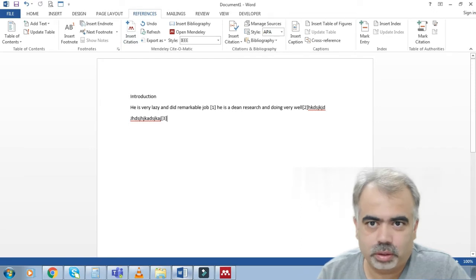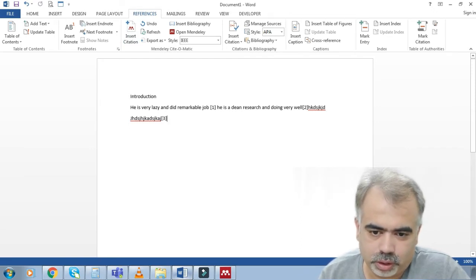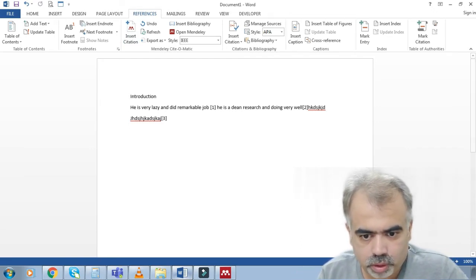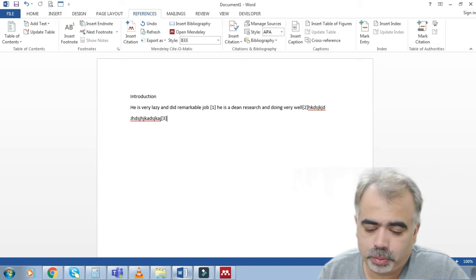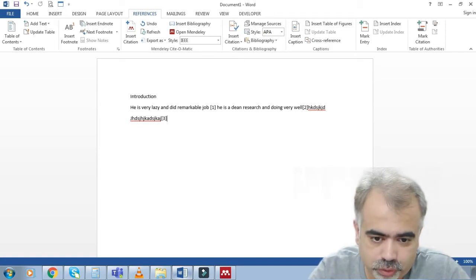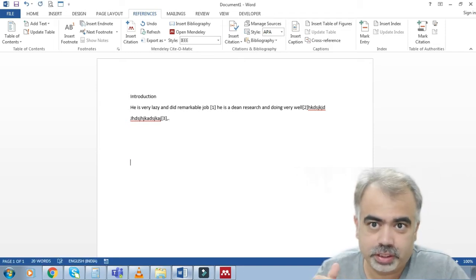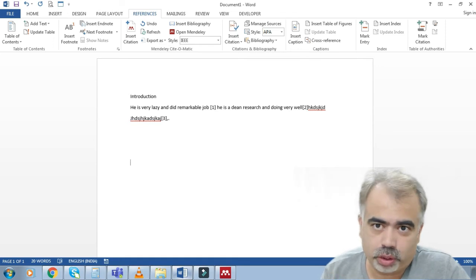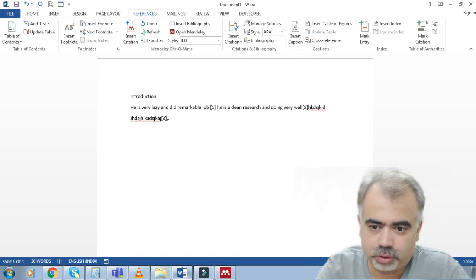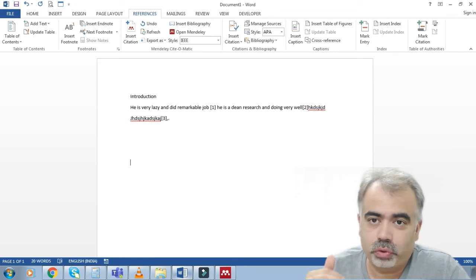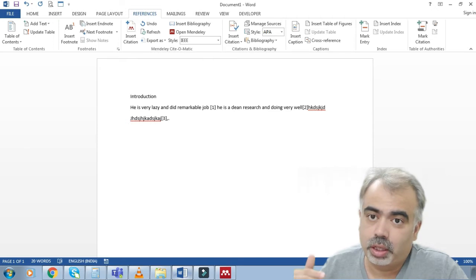Now this is how to quote the citations in the text. The big problem arises whenever you have to write the references at the end, because there are two tasks. One is you have to quote every reference inside the text. This is the way to quote it, and you want all the references to be in order at the end.